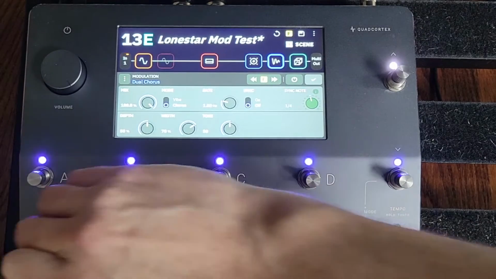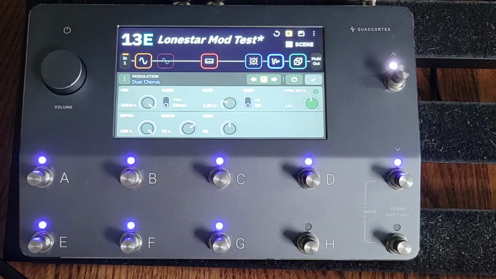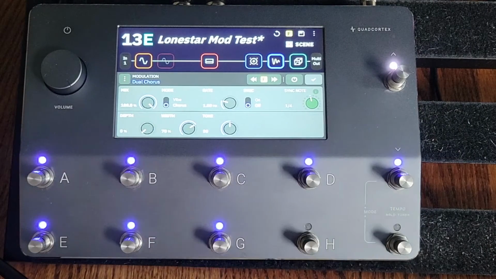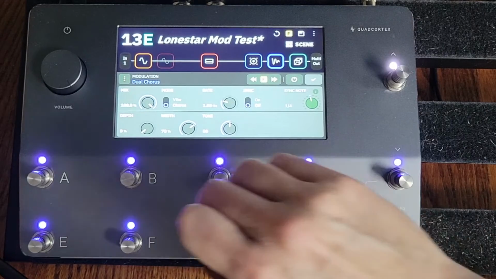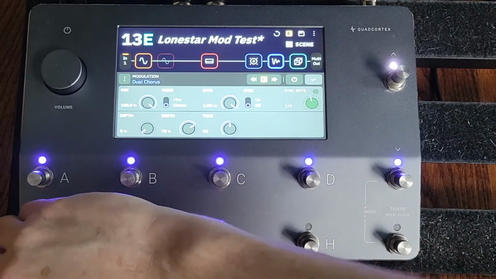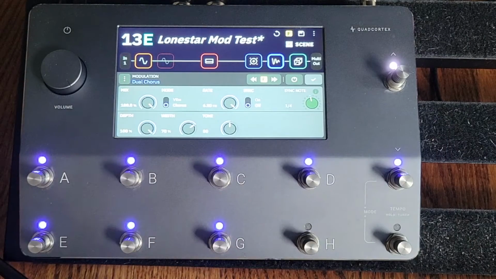So, for example, if we crank up the depth, pull the depth down, even when we crank the rate all the way up, without any depth, you can't really hear it. When you crank the depth up,